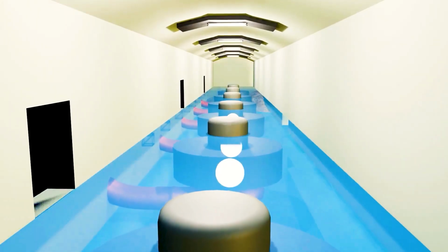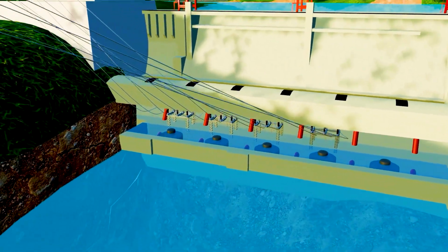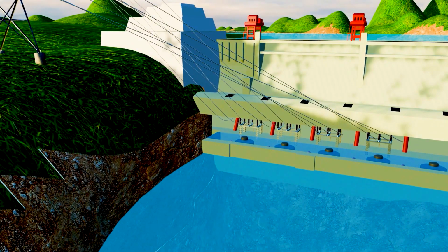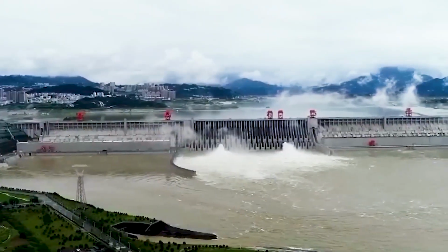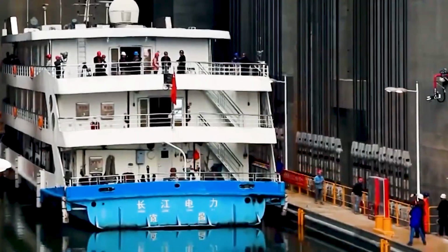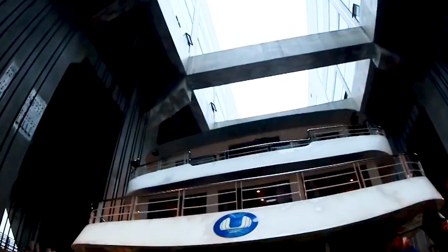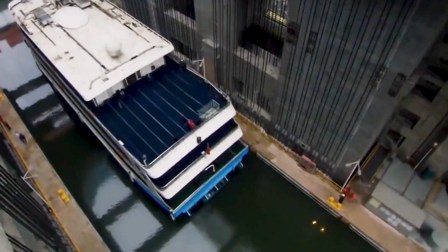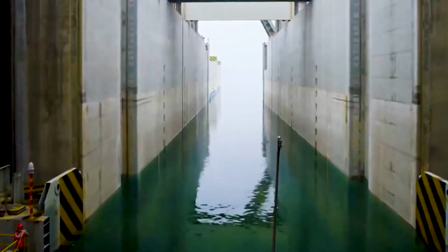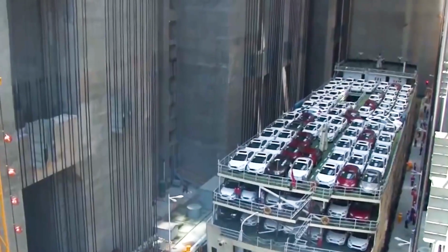The installation of each of the enormous turbines was itself a monumental operation, requiring millimeter precision despite the colossal dimensions of the components. One of the most impressive features is the ship lifting system. The Three Gorges Dam includes a 5-level lock that allows vessels of up to 10,000 tons to navigate beyond the dam. A complete crossing through this system takes approximately 4 hours, a considerable time for cargo vessels, but unfeasible for